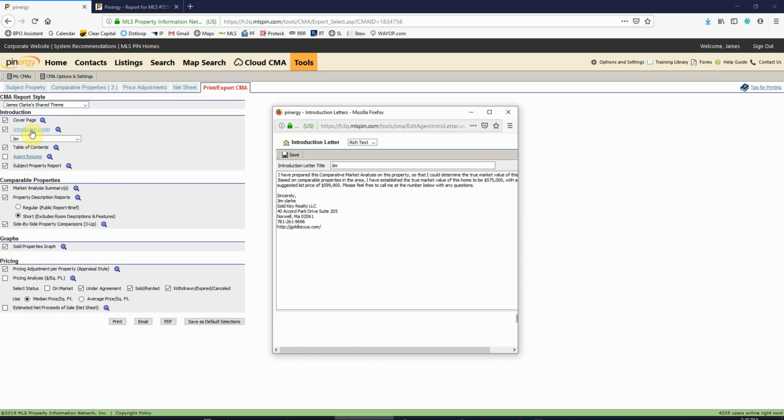There's a link for an introduction letter here. You can fill this in with your contact information and just write out a letter introducing yourself and that type of thing. My letter says I prepared this competitive market analysis on your property so they could determine the true value of this property based on comparable properties in the area. I've established the true market value of this home to be